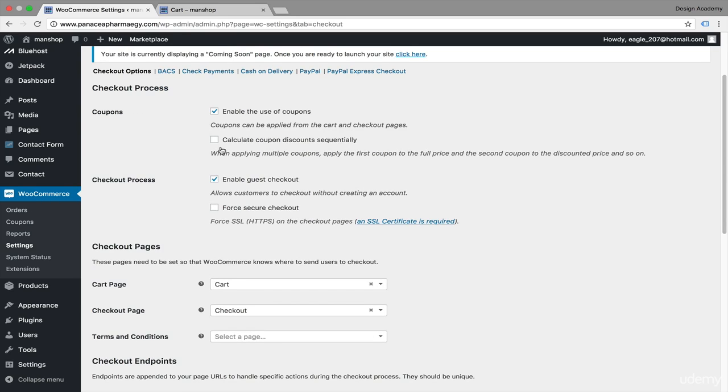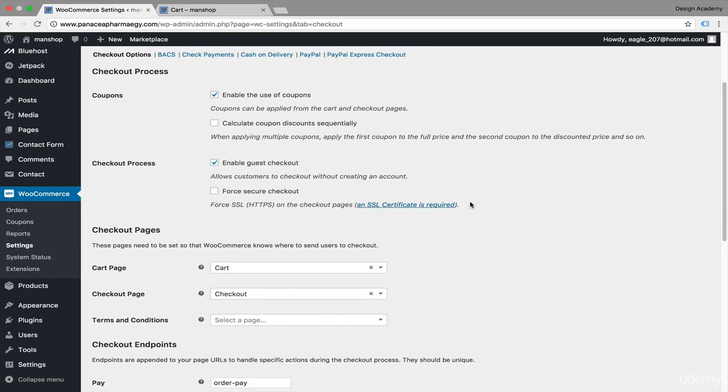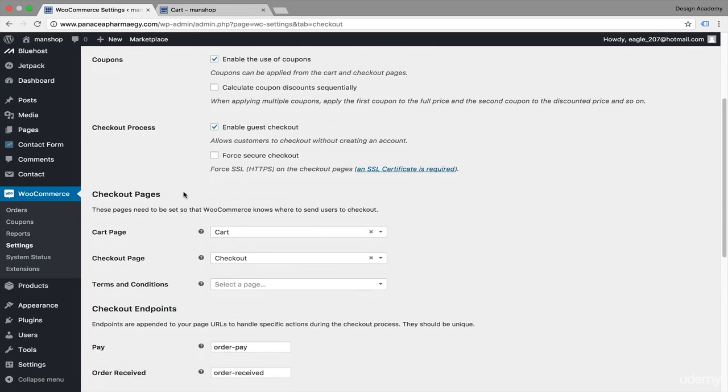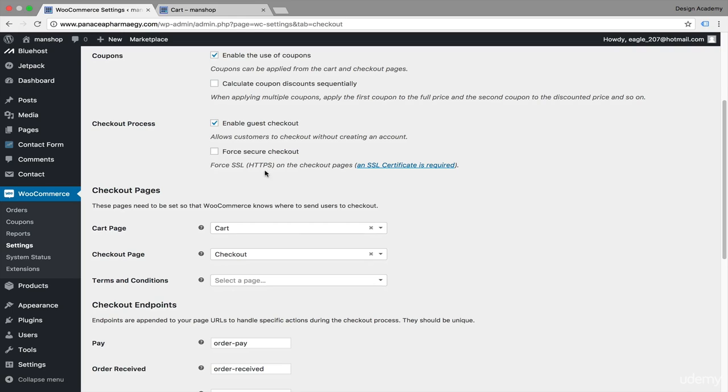If you check this one and you are offering multiple coupons, the full price will be set on the first coupon, then it will be discounted, and the second coupon will be used on the discounted price. If you want to make compound discounts for your customers, you can go ahead and check that. And also we want to enable the guest checkout, so people don't have to make an account on your website. Check that one as well if you have HTTPS, and we're going to learn how to do that in later lessons,